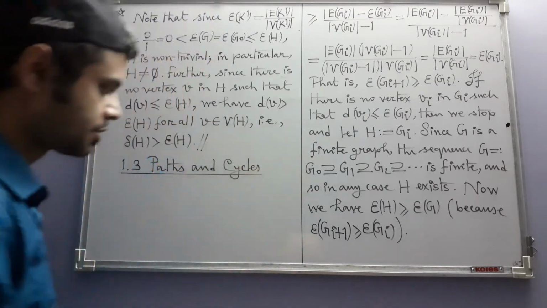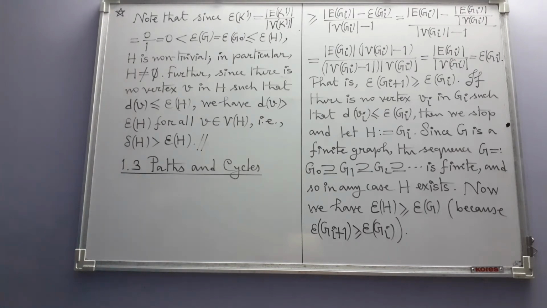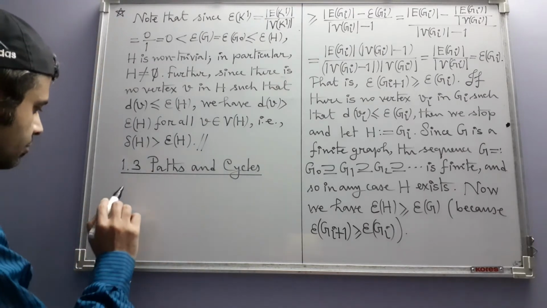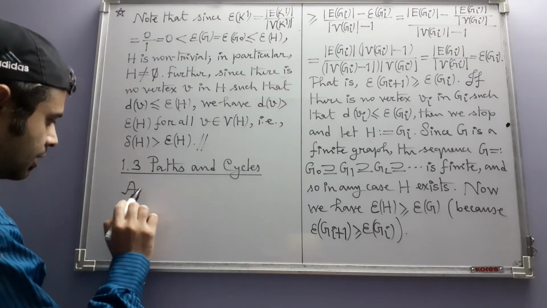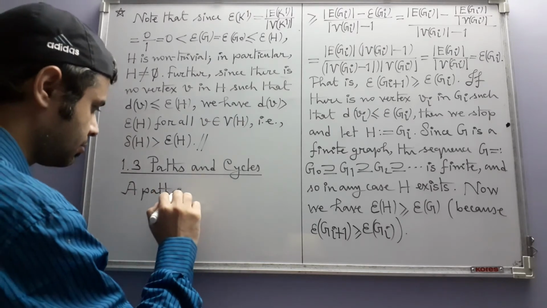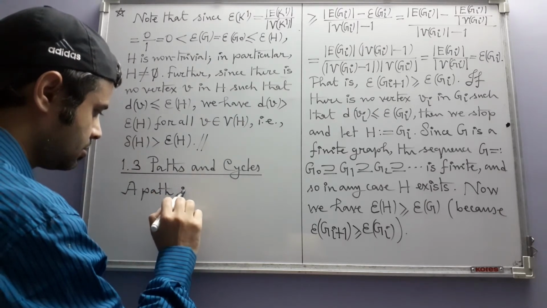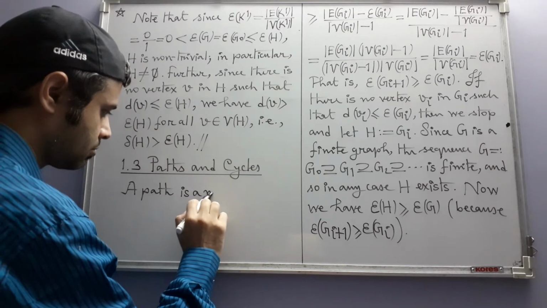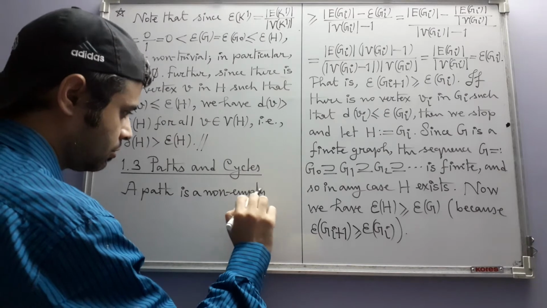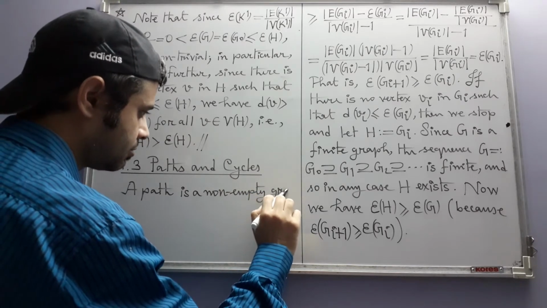These graphs called paths and cycles are by definition very simple, but nevertheless they are of great use. A path is a non-empty graph